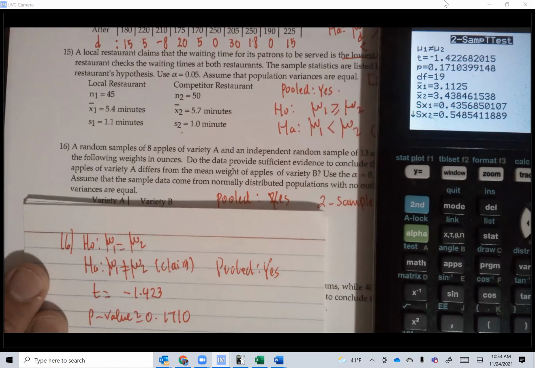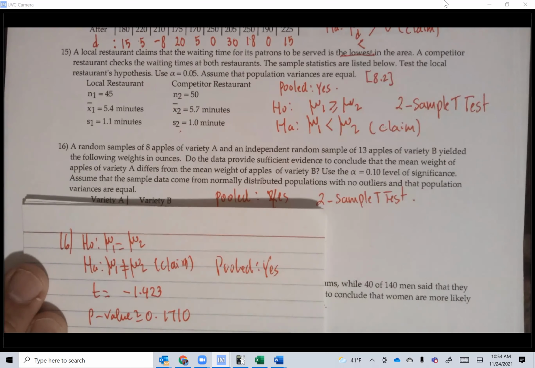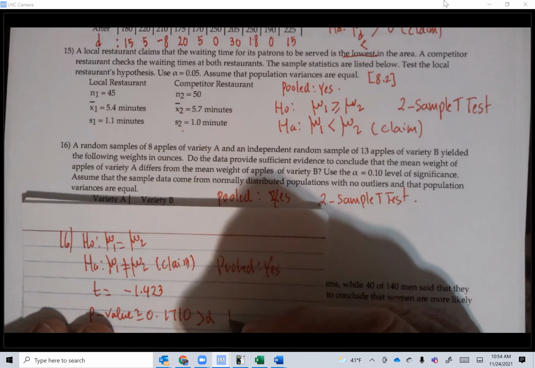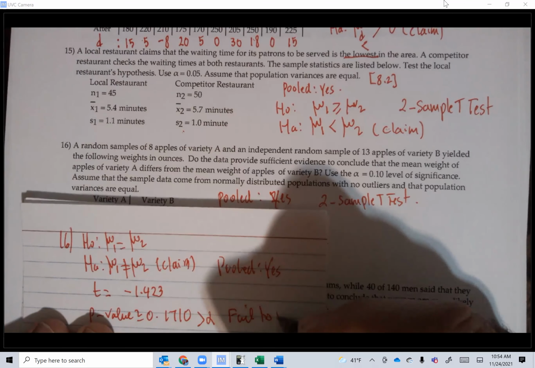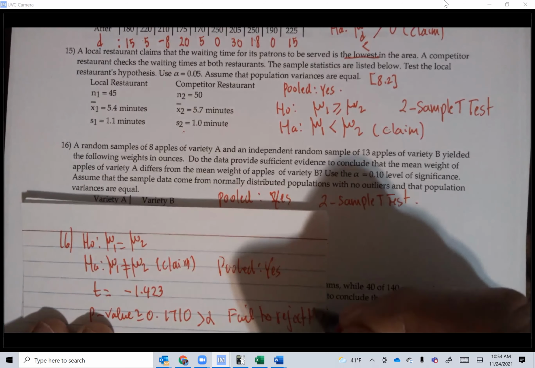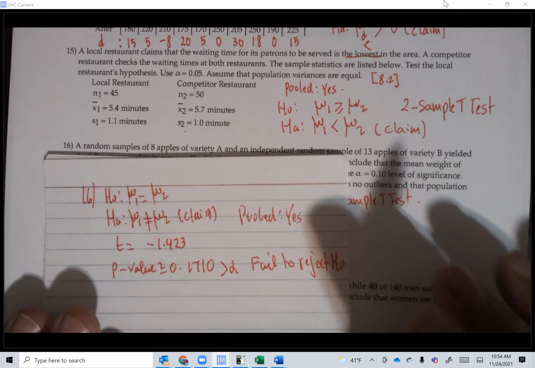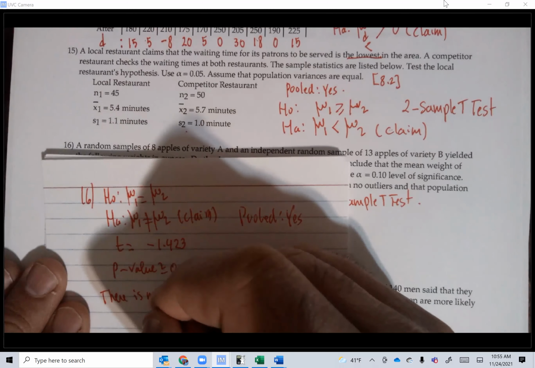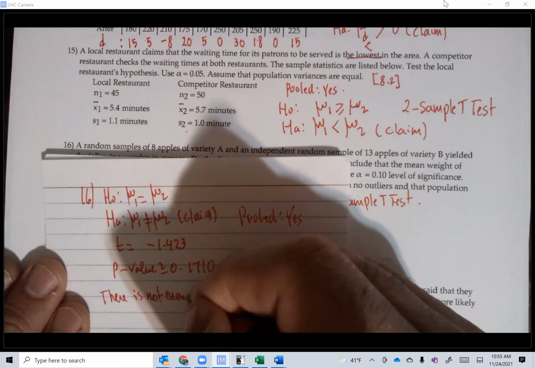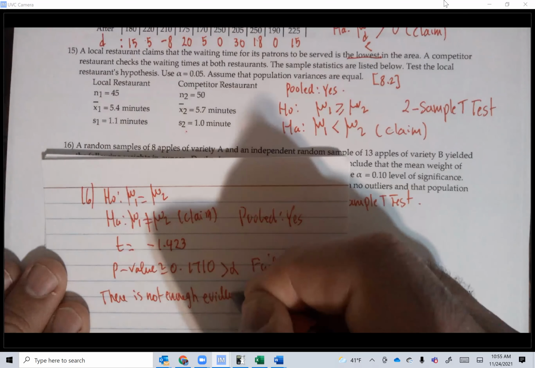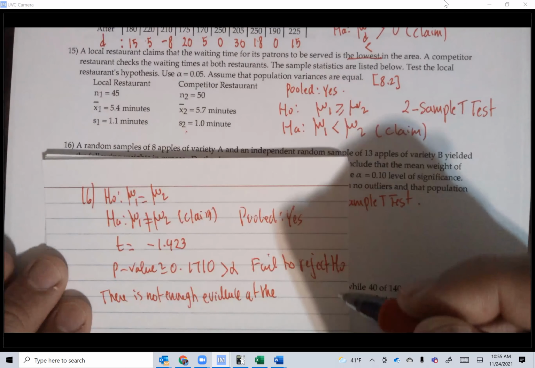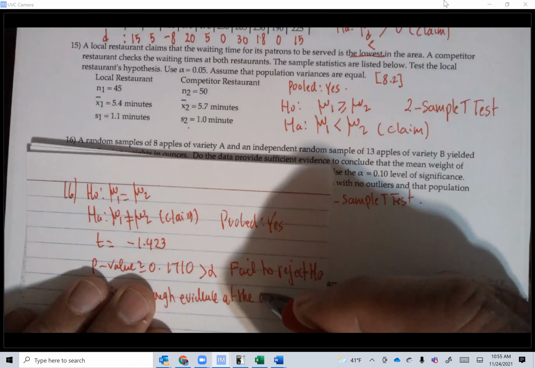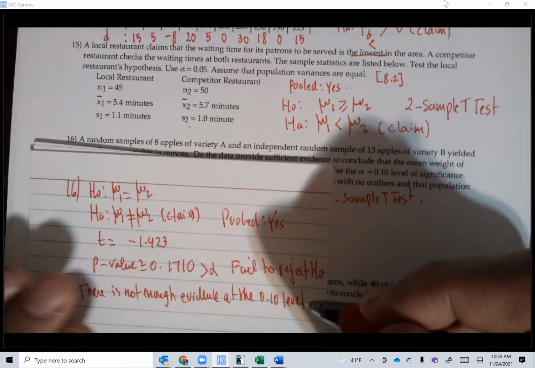Okay. And that's big. You know what you're going to do now. It's going to be bigger than alpha. You're going to fail to reject H0. We haven't been able to reject H0 today, most of the questions. Fail to reject H0, and then you say there is not enough evidence at, what's alpha here, at the 0.10 level of significance